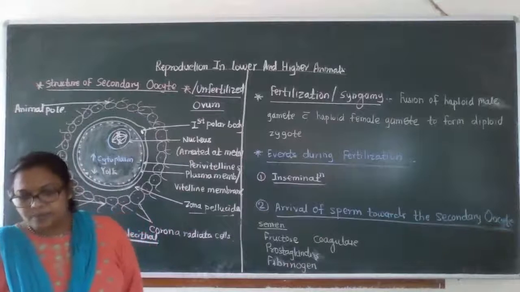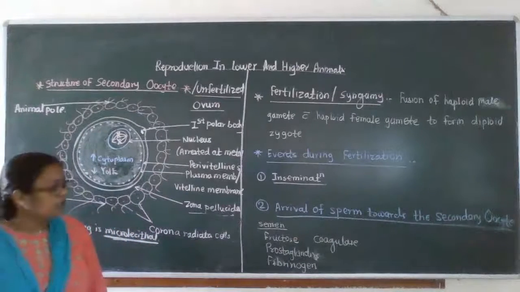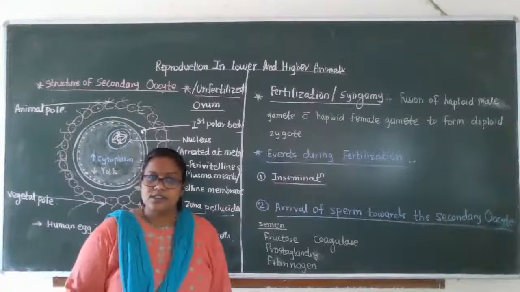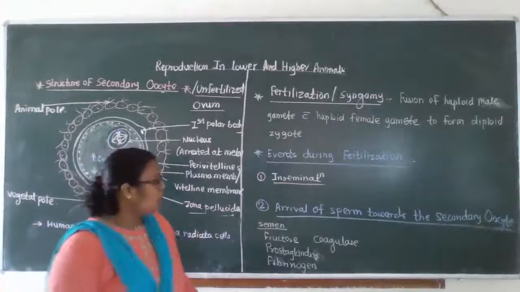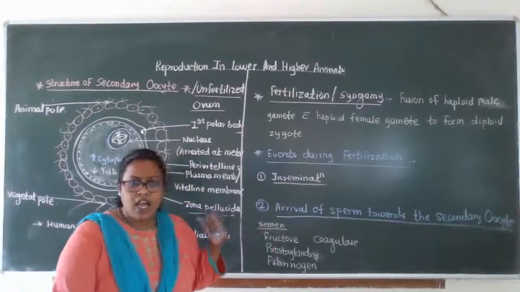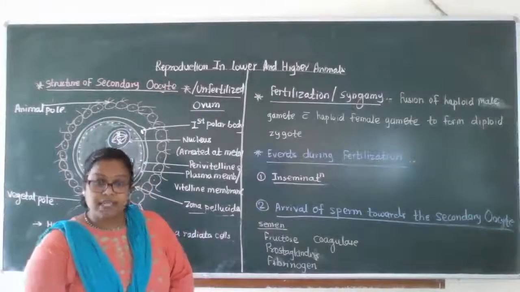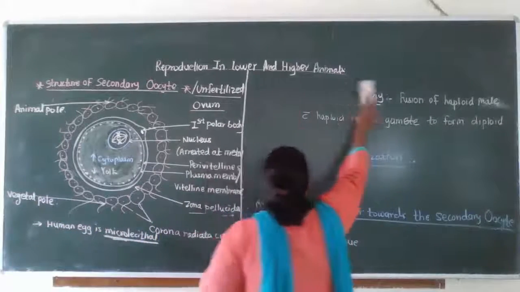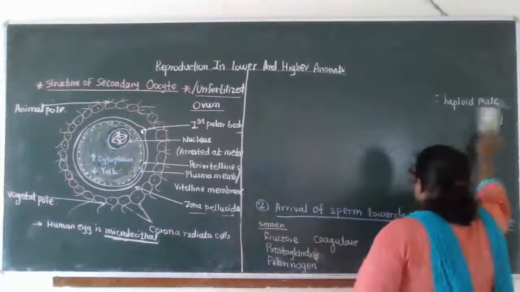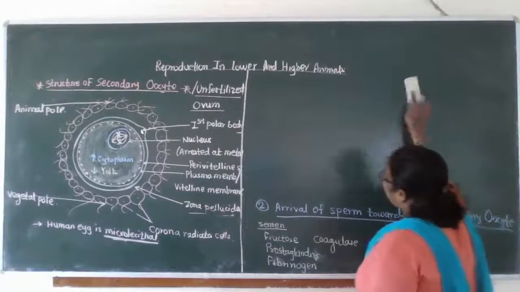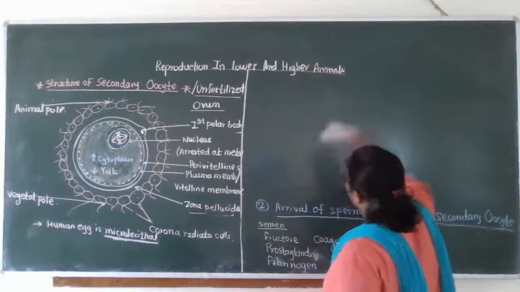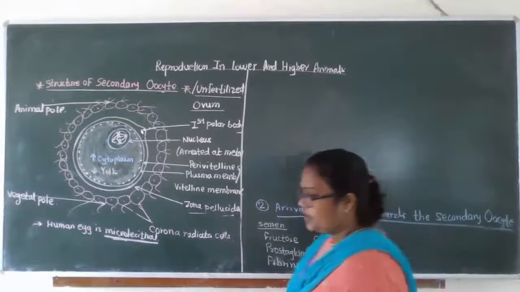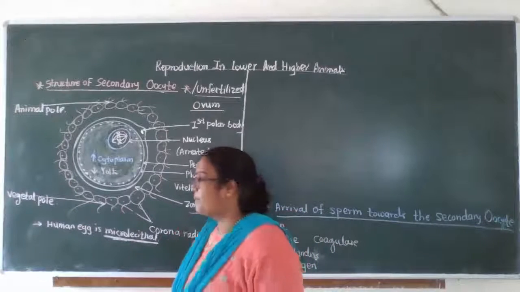Semen contains all this, and it plays a very important role, which assists the sperm. As you know, the sperm is the highly motile cell in the body of a human. Again the question: which is the highly motile cell in the body of a human? That is the sperm. The biggest cell in the body of a human is the secondary oocyte or the ovum.